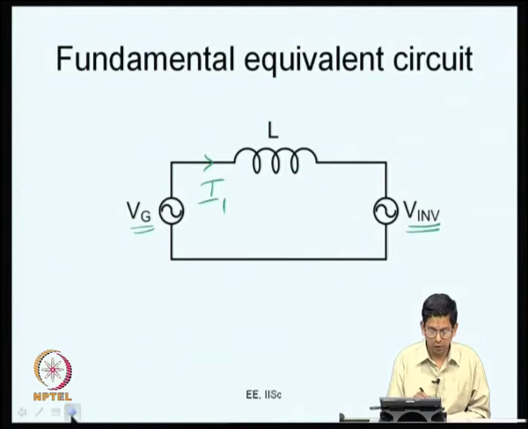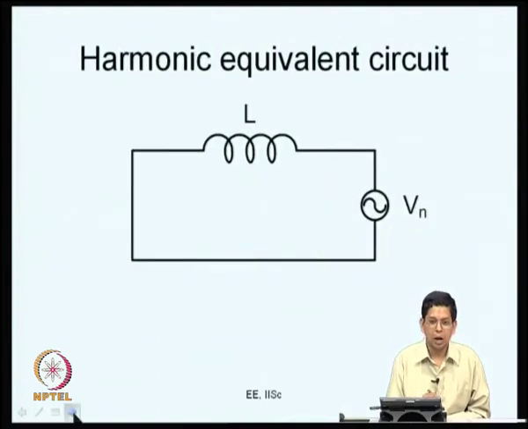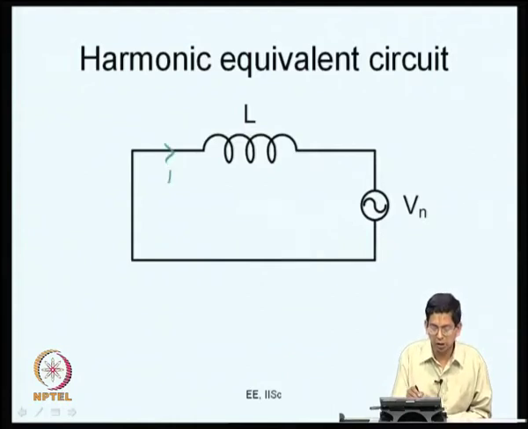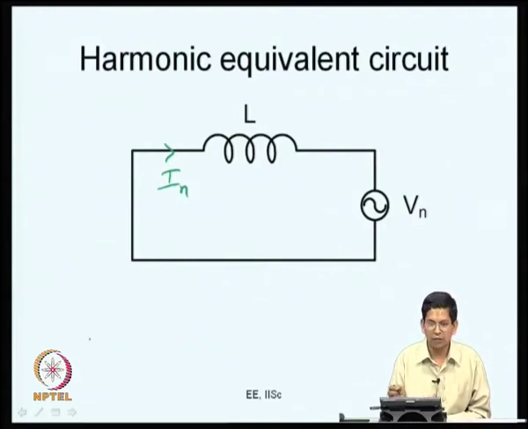If you are interested in calculating the harmonic components, the grid voltage is a sinusoidal voltage at 50 hertz or 60 hertz, whatever the line frequency is in that country. Now, that is not going to affect any nth harmonic component. So, if you want to calculate some nth harmonic component, how much it flows, the grid voltage is 0 there, it has no effect, and the fundamental component of the inverter output voltage has no effect. So, it is just a specific harmonic voltage produced by the inverter and the line inductance. So, V n upon omega L is going to be the amplitude of the current that would flow here, right. So, this is how we can calculate harmonic currents.